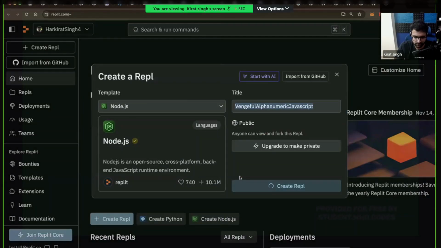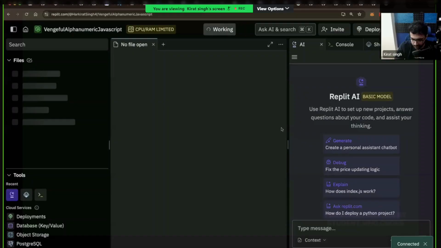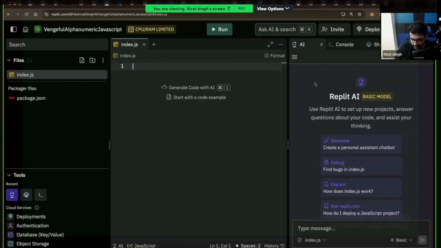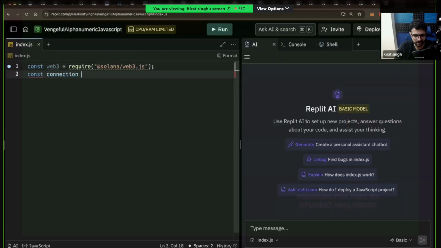The thing that you said was, where do we pass the cluster when we are creating? So great question. I will share that very soon. That's when you create the connection object. Let me just write some code for you here. const web3 = require('@solana/web3.js'), and const connection = new